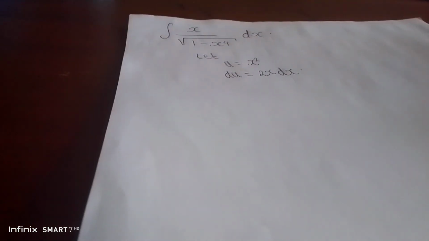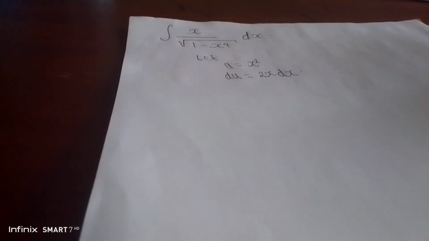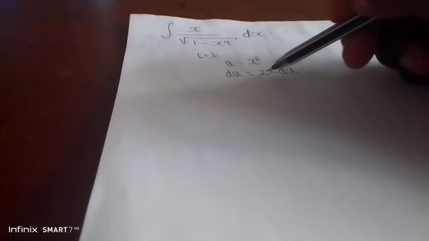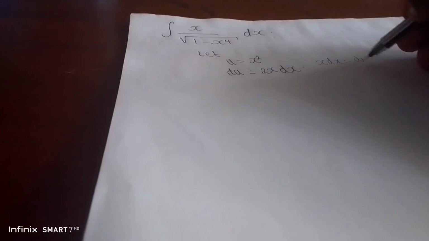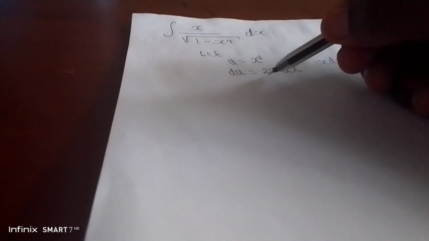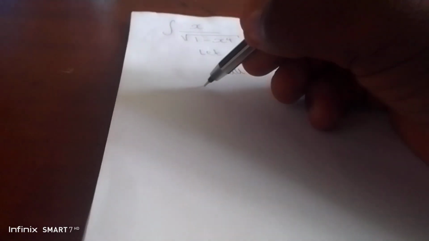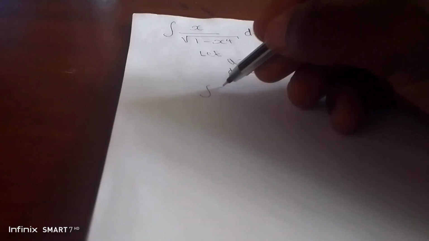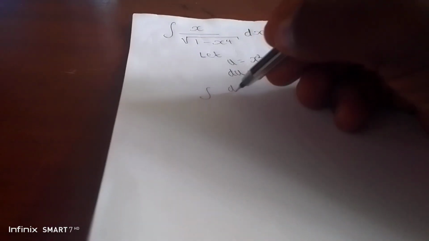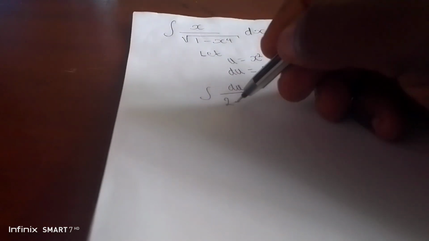Then what do we do? Here we have x dx. What is x dx? Here I can say x dx equals du over 2. Here I divided by 2, this 2 came here. So instead of writing x dx, I'm changing the variable now to u. x dx is du over 2, so I can just write du over 2, then under root